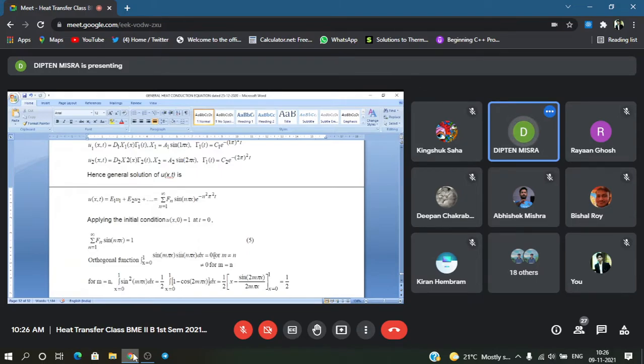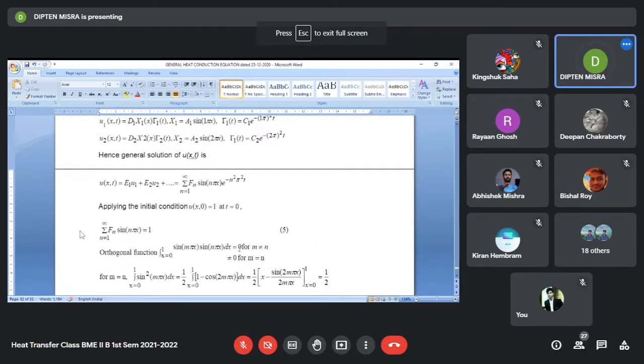Just work it out. If you cannot, then just tell me. Otherwise, just find out the integration of this thing, whether it is coming to 0 or not. And when it becomes identical, when m becomes equal to n, then for m equal to n, it is the integral of sine square m pi x dx. And again, this sine square m pi x is nothing but (1 minus cos of 2 m pi x) by 2. Cos of 2 m pi x is what?